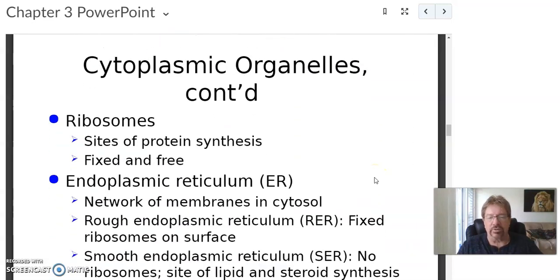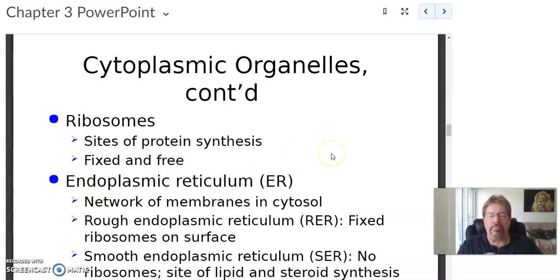Ribosomes, we mentioned those briefly a moment ago, sites of protein synthesis. Proteins are extremely important. They're what make up our body's structure. A lot of cells make them for their own use, but also for export elsewhere. Now, there's